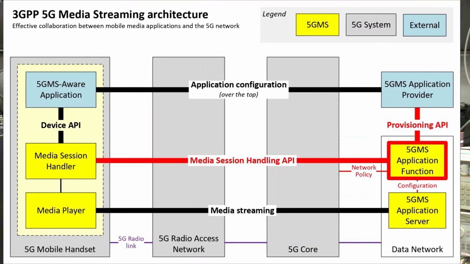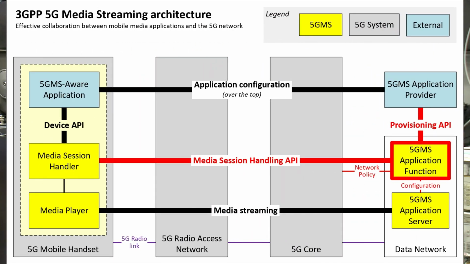The application function lies at the heart of the 5G MS architecture. Once the application provider has provisioned 5G media streaming services, mobile devices can use the media session handling API to find out how the network is currently performing and ask it for assistance. For example, they can request a temporary boost in bitrate or to do a zero-rated download in the background. They can also report their quality of experience and consumption to the application function, data that can be analyzed to